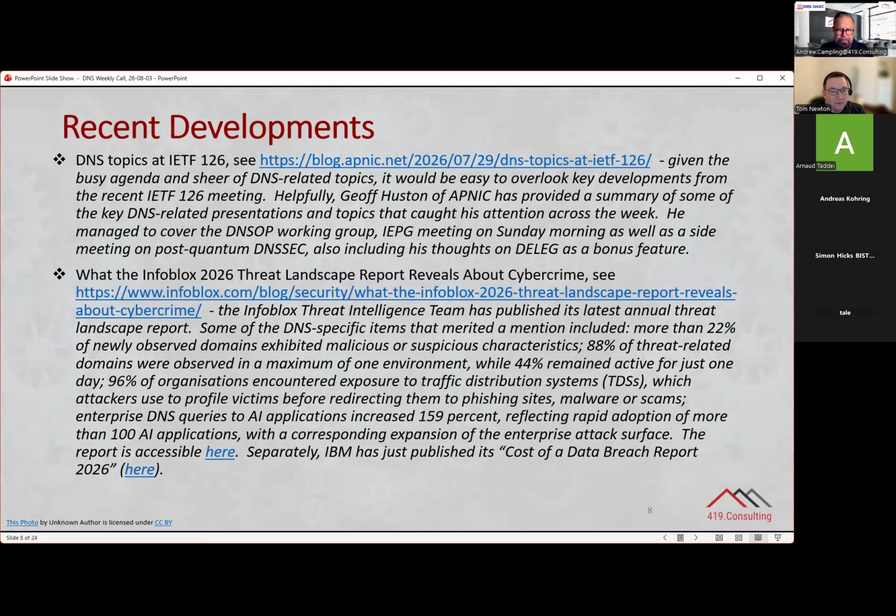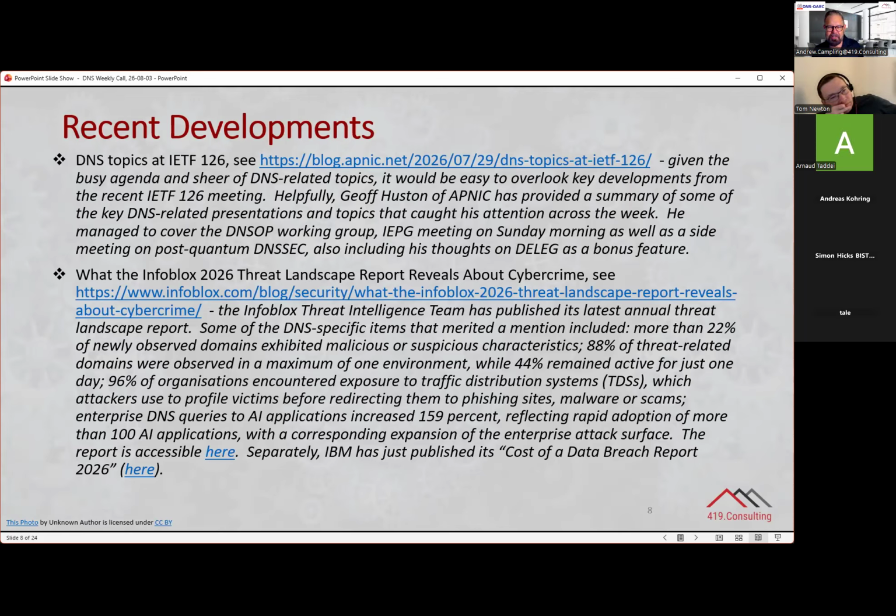Also, Infoblox last week published its threat landscape report, threw out some really fascinating stats, some of which were quite disturbing, such as, I think I mentioned a few weeks ago, Inter-Isle Consulting at the last ICANN meeting suggested at least 20% of domains registered last year were registered by bad actors, broadly consistent with Infoblox's take of 22% of newly observed domains exhibiting malicious or suspicious characteristics.